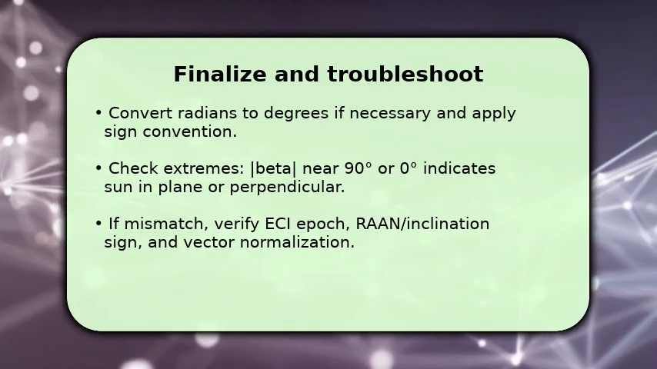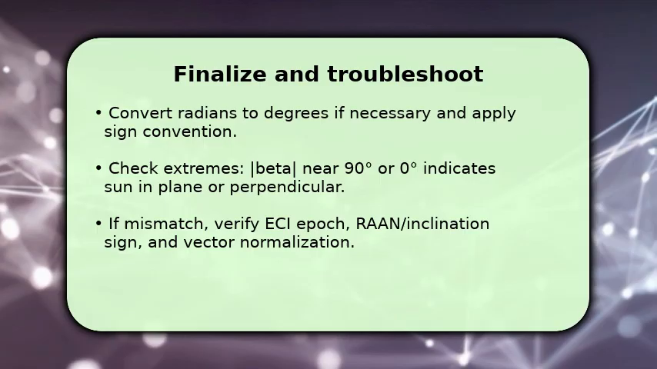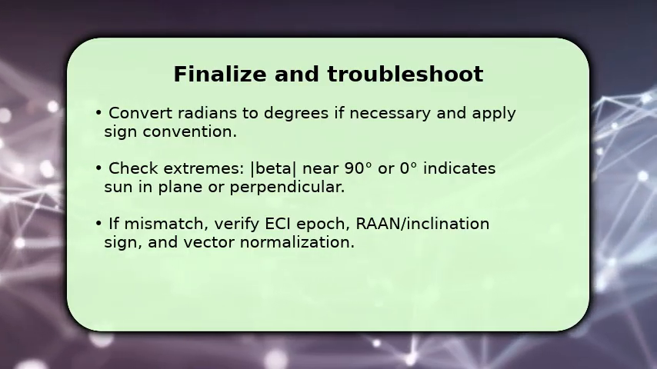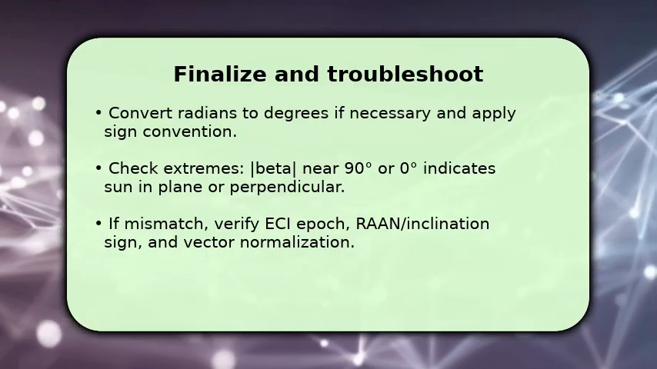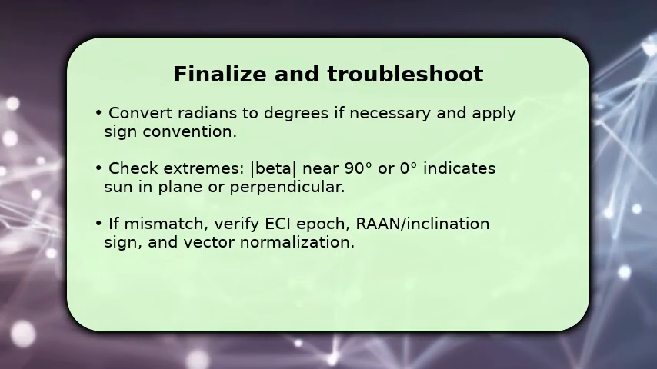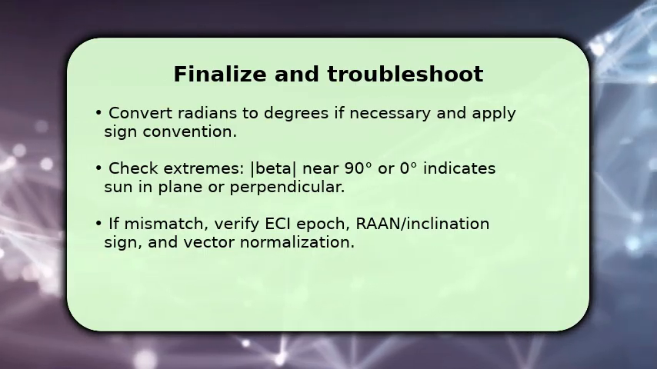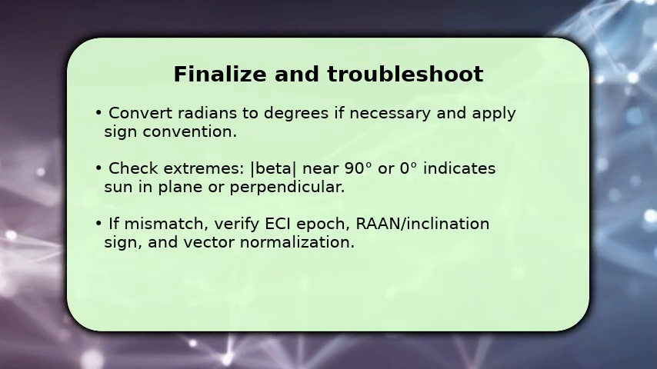If beta is near 0, the sun lies in the orbital plane. Near 90 degrees means constant sunlight on one hemisphere. Interpret accordingly. If results disagree with expected values, recheck epoch alignment between s and orbit data, confirm ρ and inclination signs, and ensure you normalized vectors. As a quick test, perturb ρ slightly and verify beta changes smoothly. Abrupt flips reveal